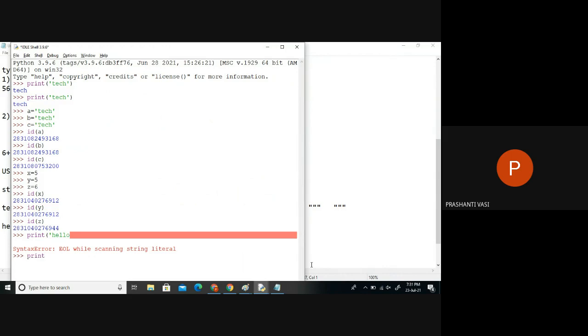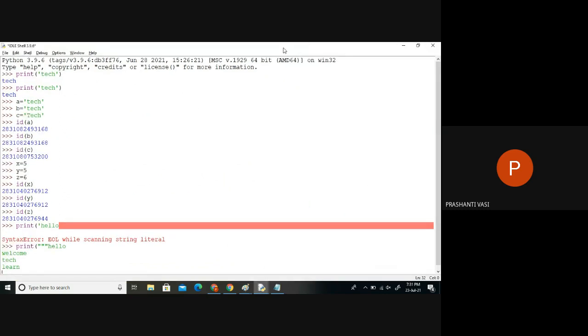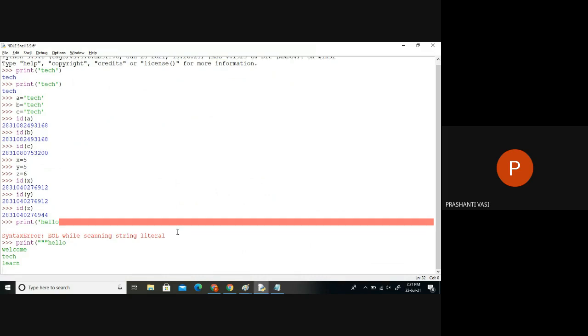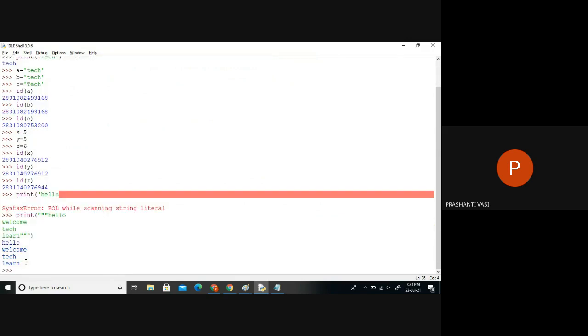So if I have to type two or three words in two or three lines, what I can do is, instead of using the single quotes, I better use triple quotation. Whenever we type triple quotation, the system allows you to use multiple lines to type the text. As long as you don't enter triple quotes again, it's not going to close or terminate. Once your statements are over, you can finish it with triple quotation, add round brackets and press enter. So you can see the multiple lines of text.